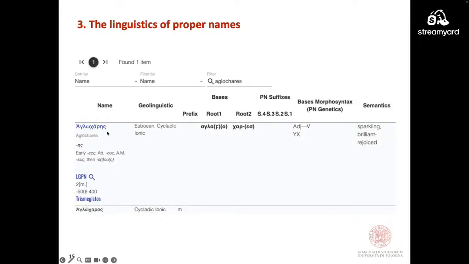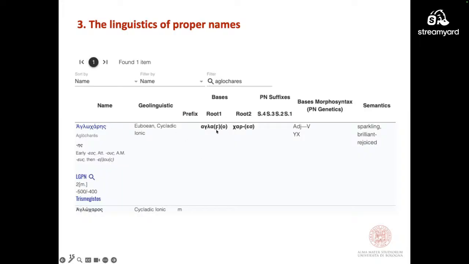Aglochares, which is also attested in Euboean on the Styra tablet, and the other variant, Aglocharos. Of course, one of the two variants has to become the lemma. So in this case, Aglochares.